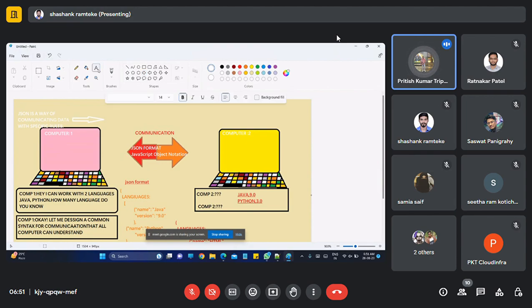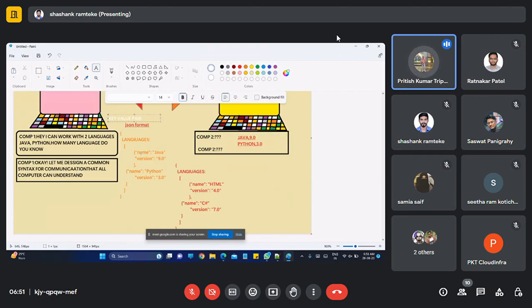See, people might know we use certain key value pairs. Now, what do you understand by key value pair? See here, name is a key and the value is Java.